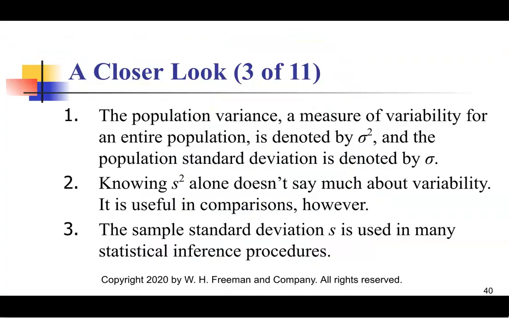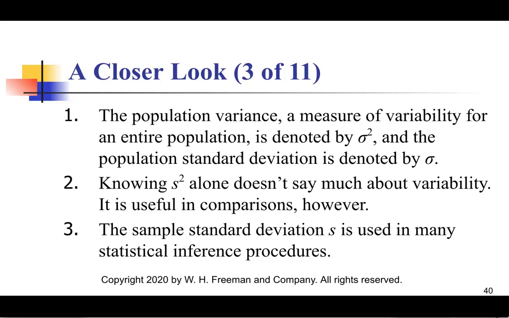A few last remarks about the variance and the standard deviation: we do have a population variance, and that is going to have this Greek letter sigma squared. It looks kind of like an o with a little line. So the population variance, the variability for the entire population, will be sigma squared, and the population standard deviation would be sigma. Now again, we don't always know the entire population,